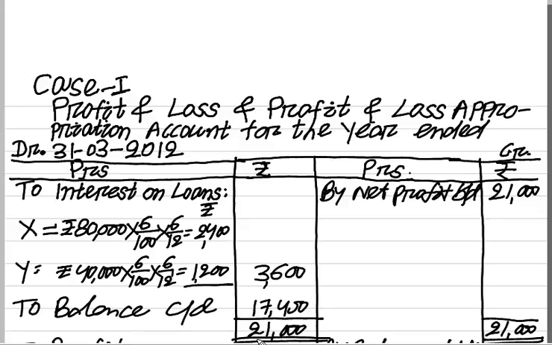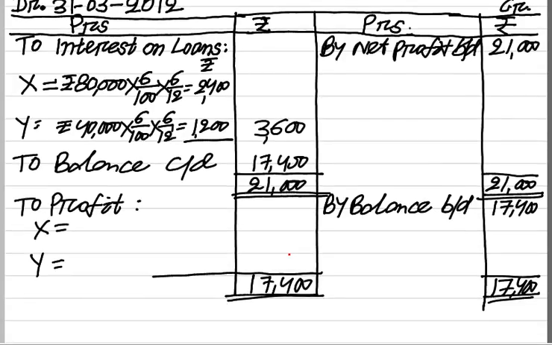Profit transferred to capital accounts for X and for Y. The profit is in the credit side, 17,400 is the total, same as that of the debit side, 17,400, and the ratio of distribution of X and Y for profit is 2:3. So this is 17,400 rupees,